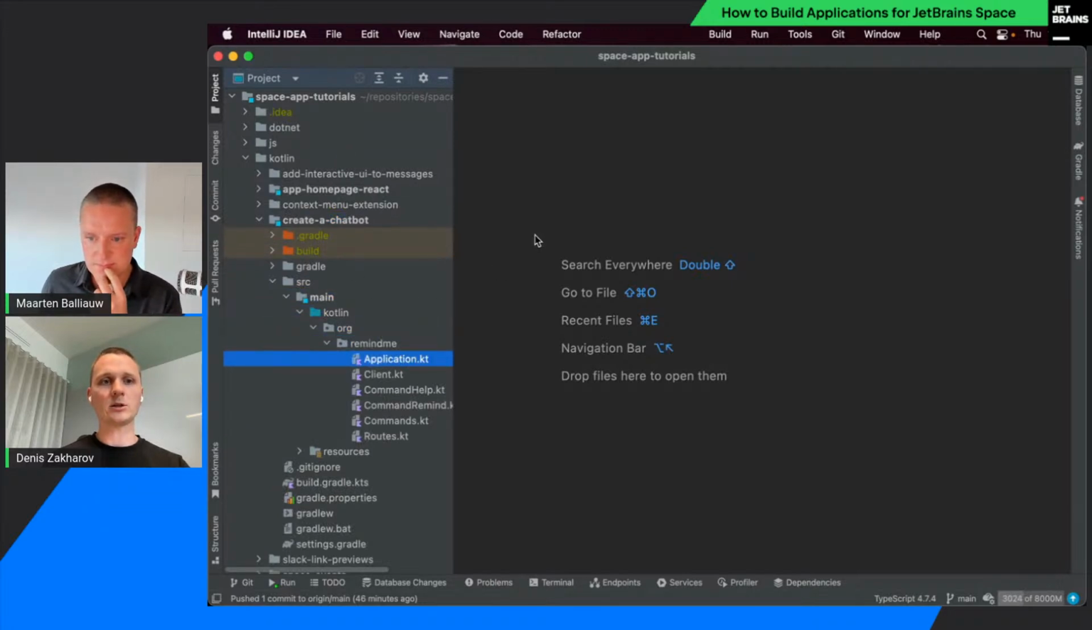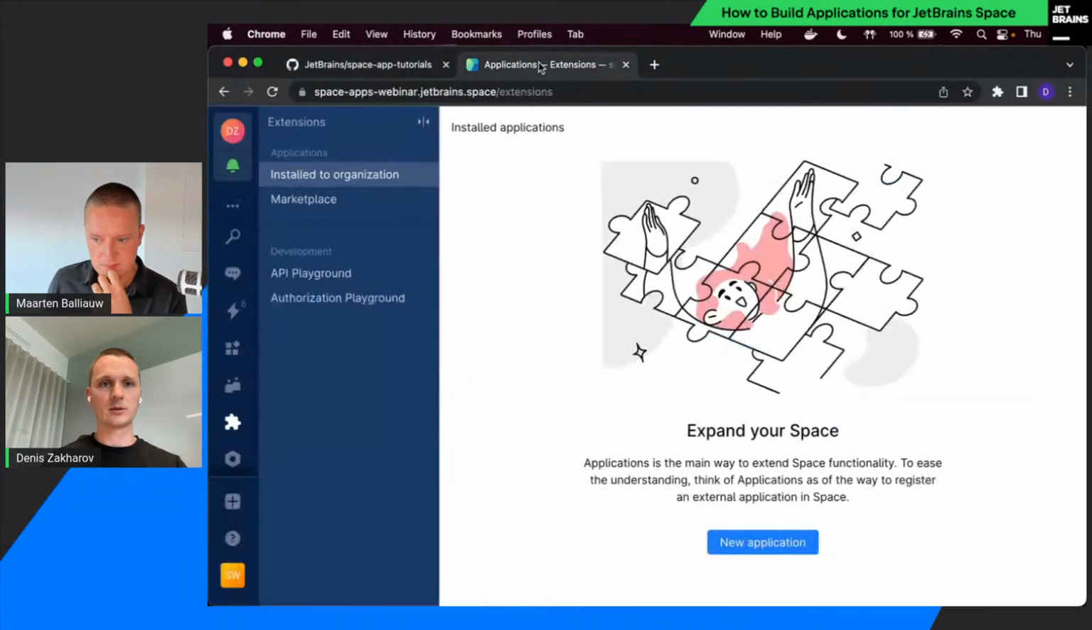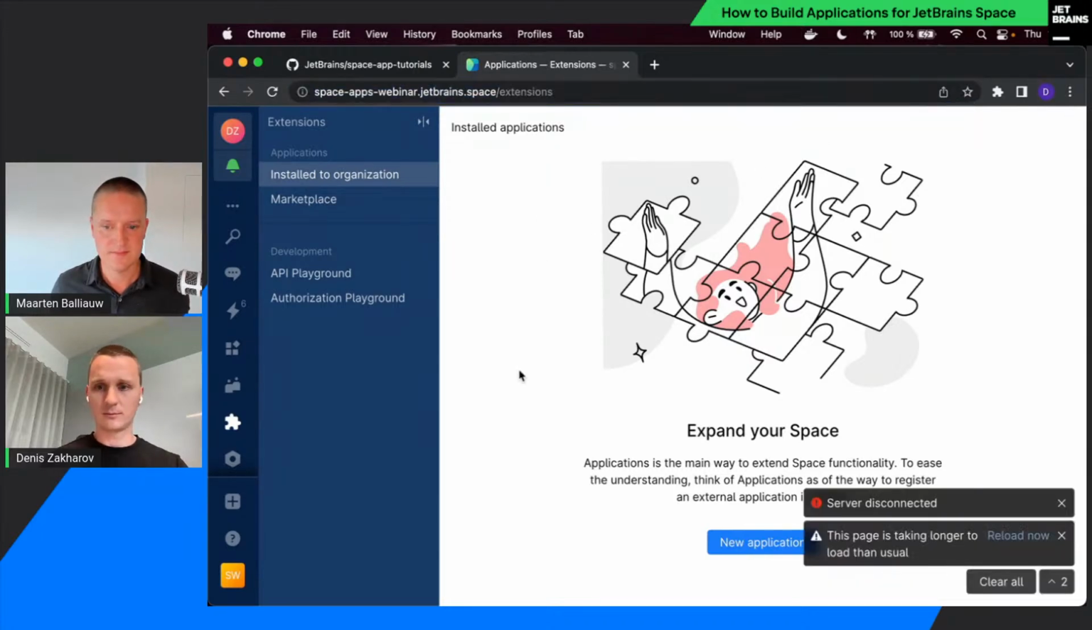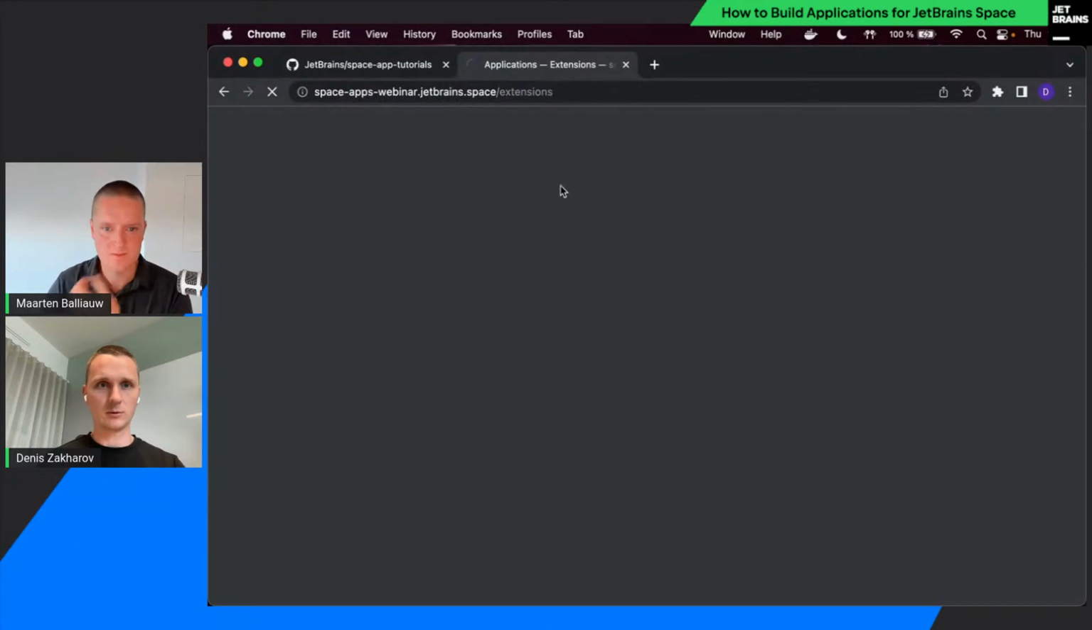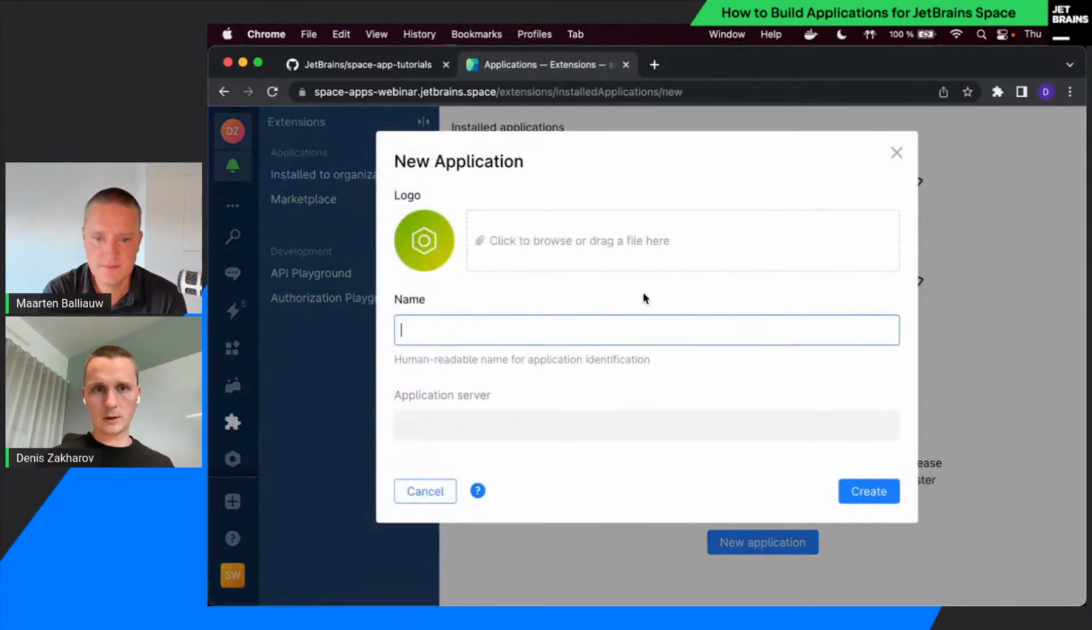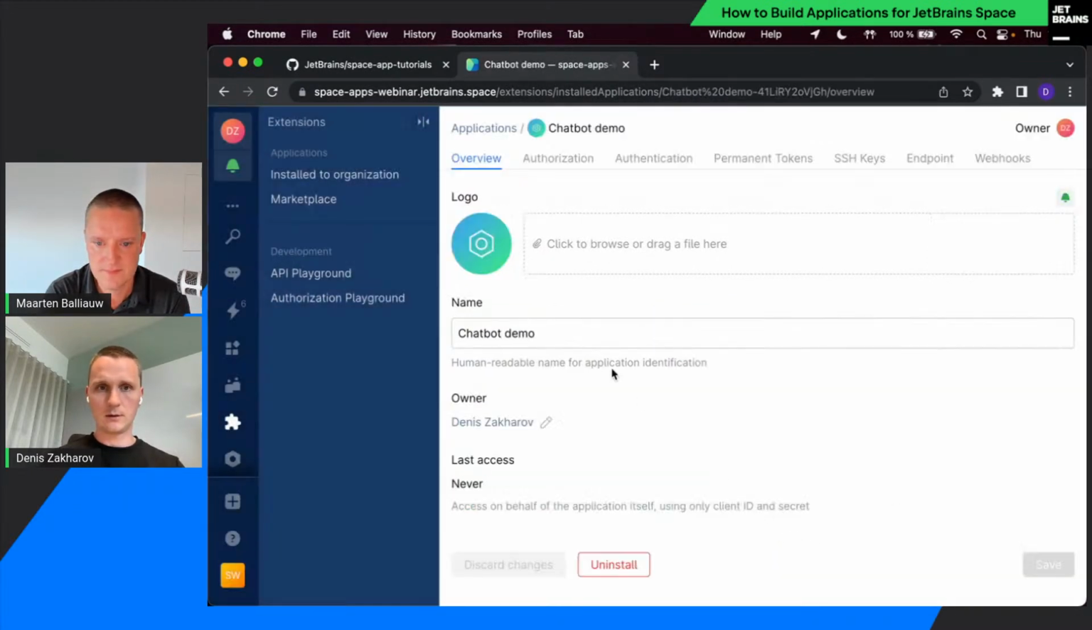And we'll start working with the application by going to Space and creating that application there. So here's my Space organization, brand new, no application so far. Oops, sorry for that. Just will quickly reload the page. Yep. So chatbot demo. Here's our application. And with that application,